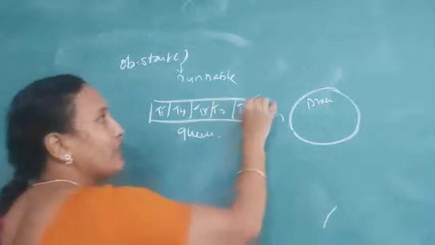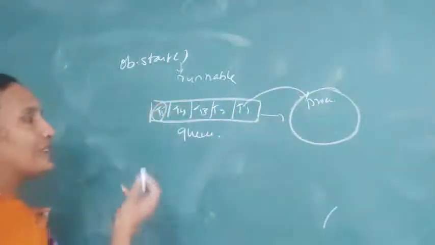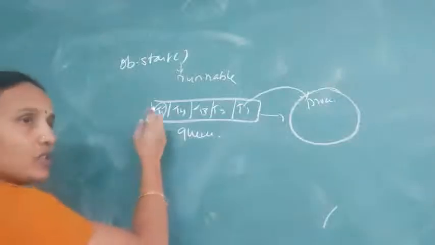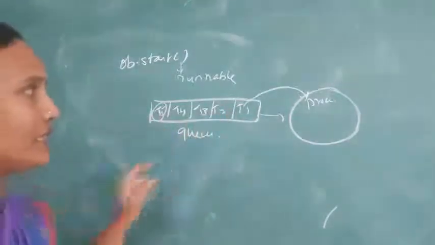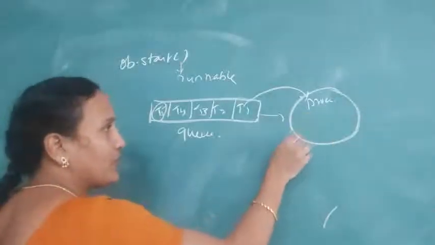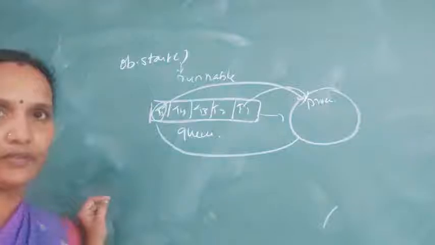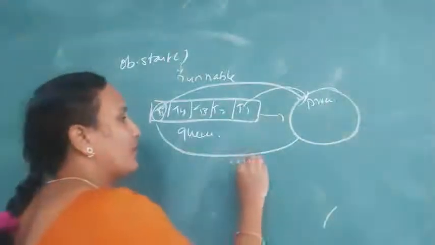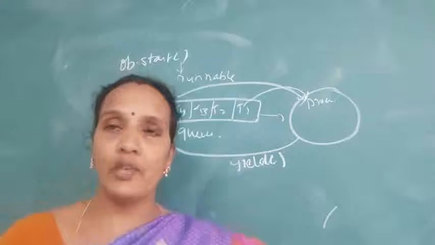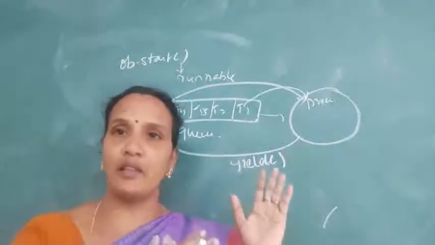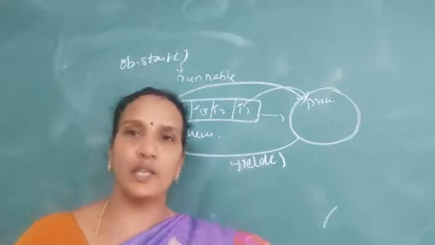For example, the thread has entered into the queue, and right now T1 is executing. The execution time of this other thread is less, so it has more priority. Then what will the processor do? T1 moves out of the processor and that time slot is given to T5. It is possible by using the yield method, which means you can relinquish a running thread from the running state to the runnable state.